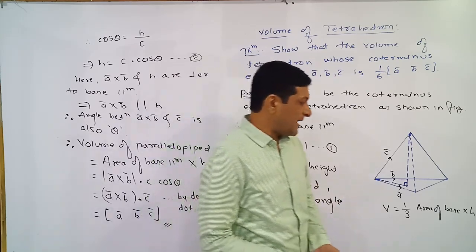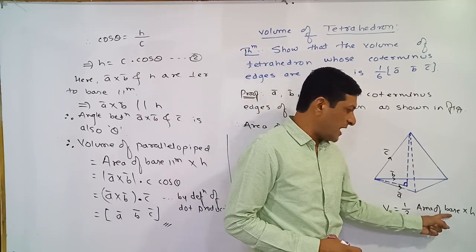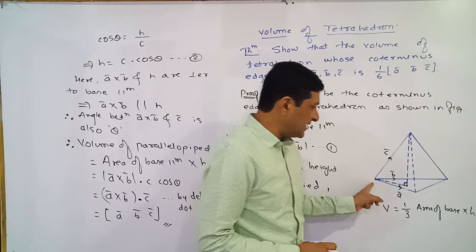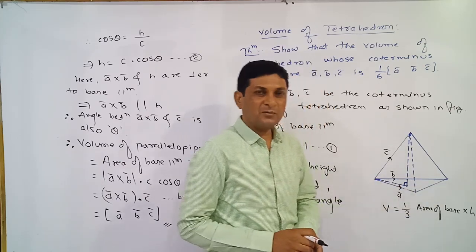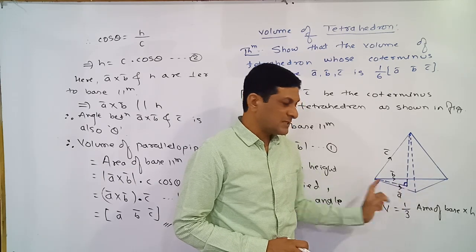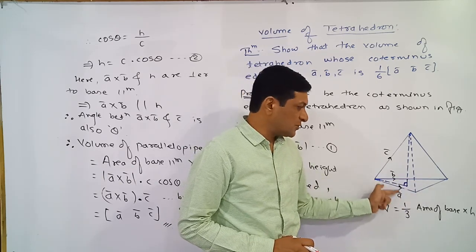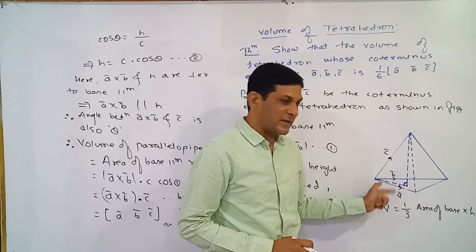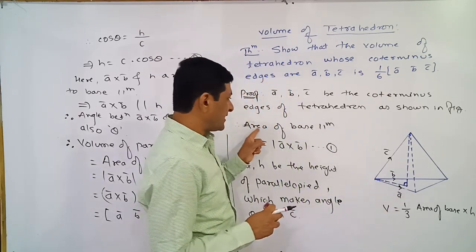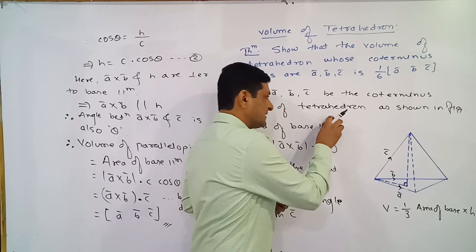So this formula you have applied in geometry in your earlier classes. Now to apply this formula, we will require two values. One is the area of base and the second one is what? Height. So first we are finding the area of this base. So now if you observe here, check whether the base is like a triangle. Yes, the base is like a triangle. And here its two sides are represented by two vectors. Which two vectors? A bar and B bar.